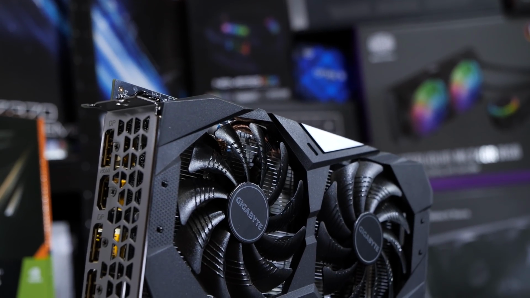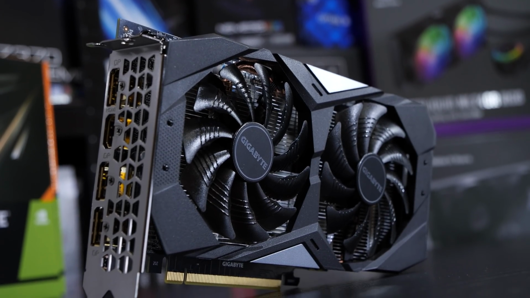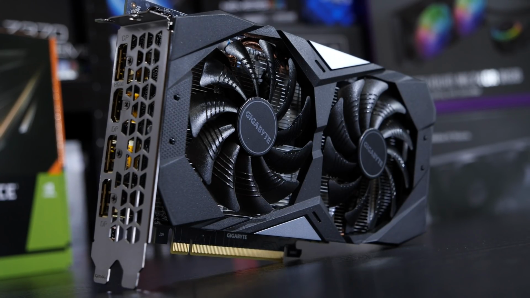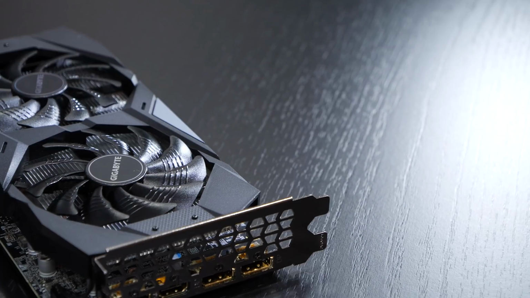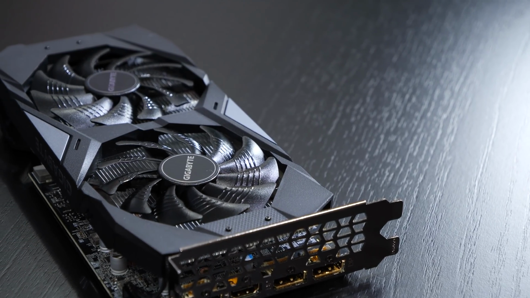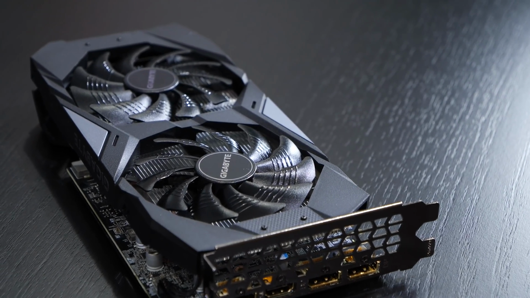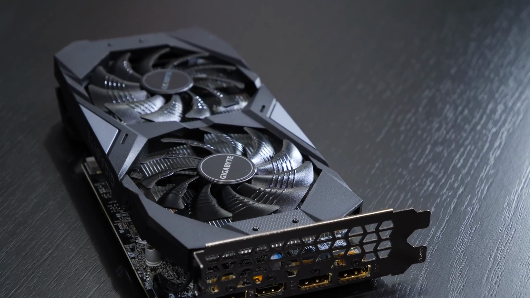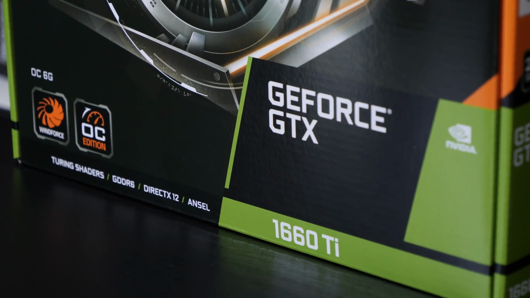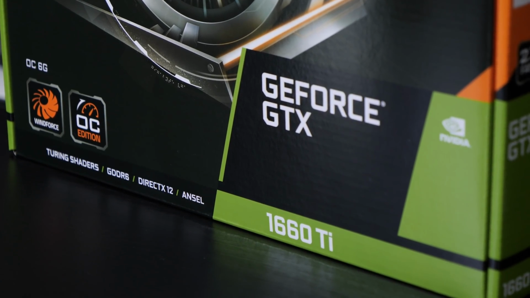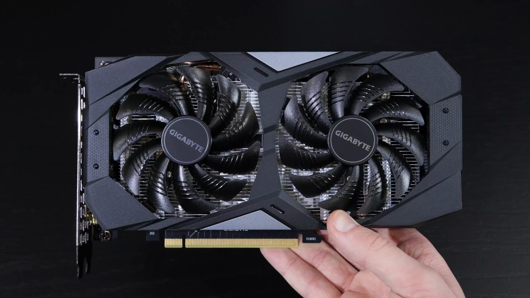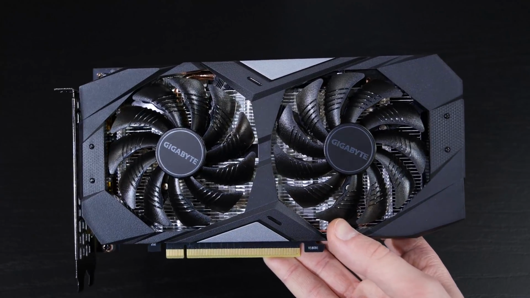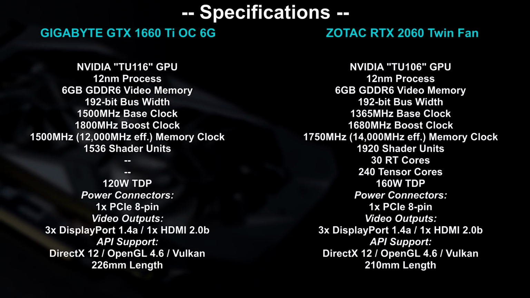So what exactly is a GTX 1660 Ti? Why does it exist, and why are we suddenly talking of GTX again and not RTX? Well, those features, ray tracing and DLSS for instance, aren't all too popular, and some go as far as saying those are worthless, especially in the mid-range of GPUs. This is why Nvidia presumably wants to offer us a more affordable graphics card that is based on the Turing architecture but doesn't come with any of those RTX features,